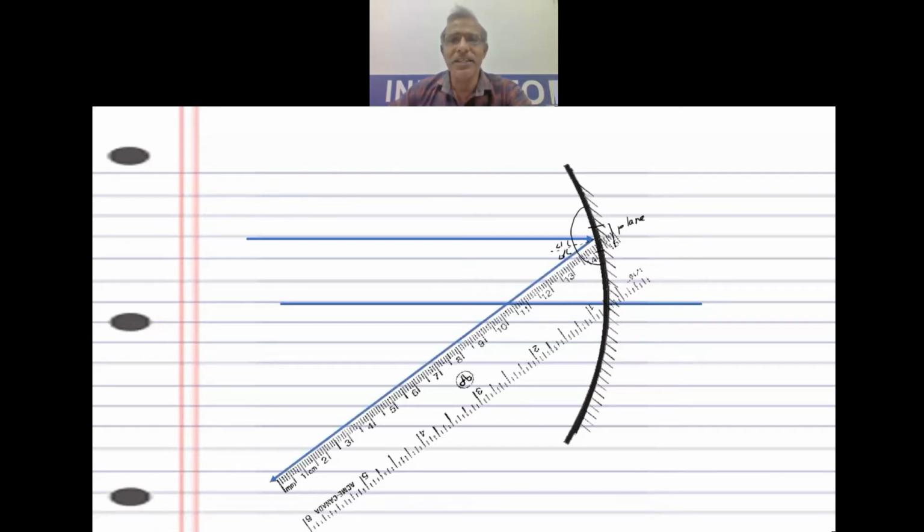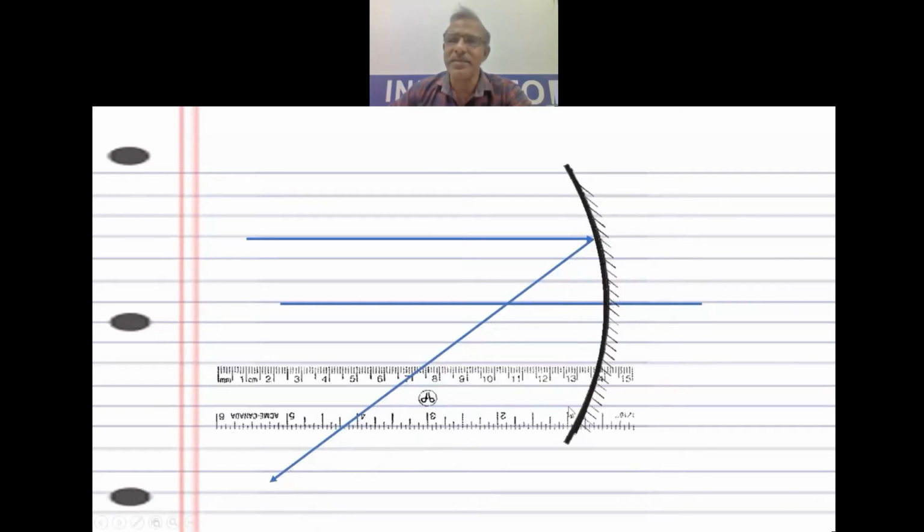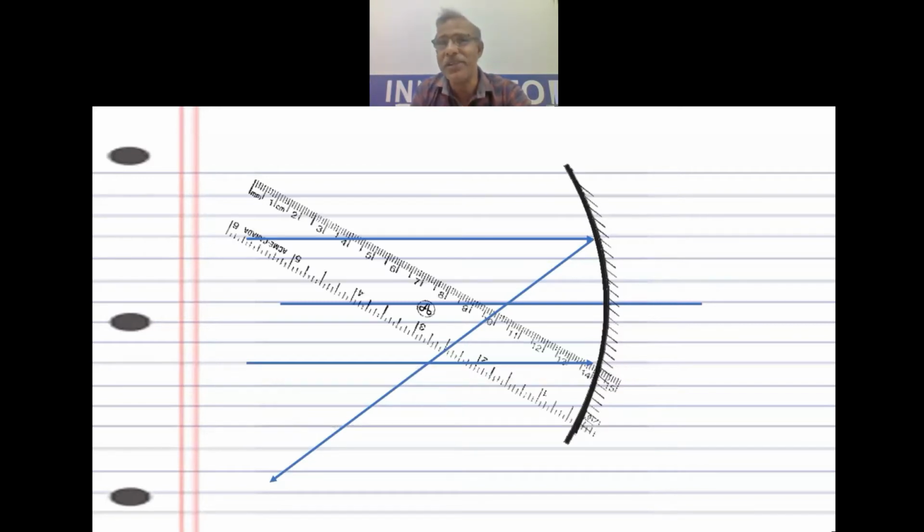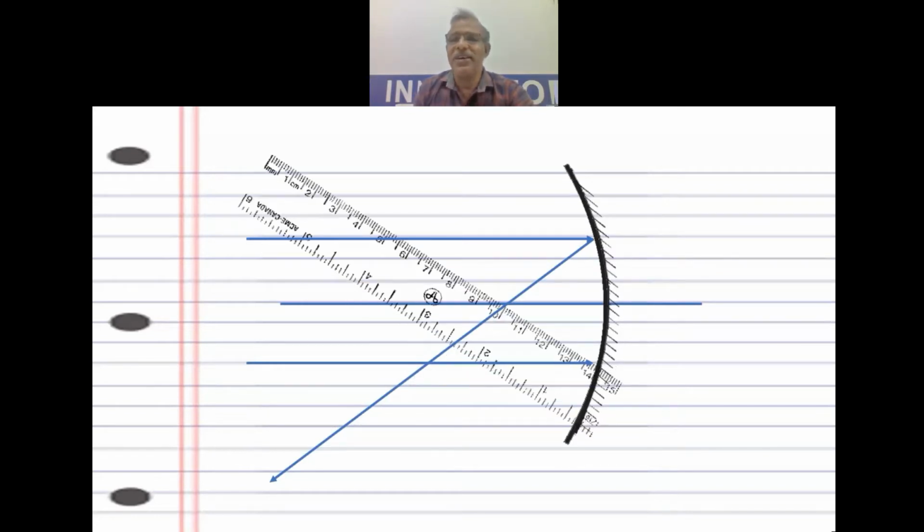So it will pass through this point. In case you take one more light ray from the bottom, the same thing happens. The light ray strikes here on the surface of the concave mirror and it reflects back. And when it reflects back, again it will pass through the same point. If you keep your scale like this, it's wrong. You have to allow it to pass through